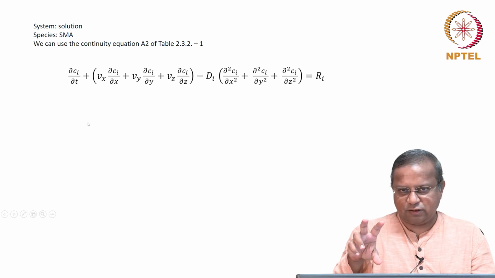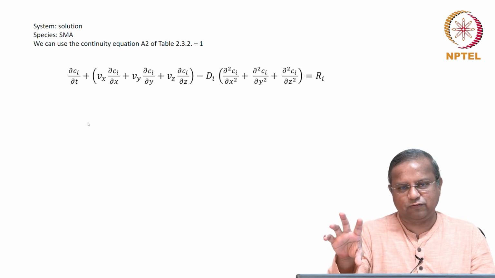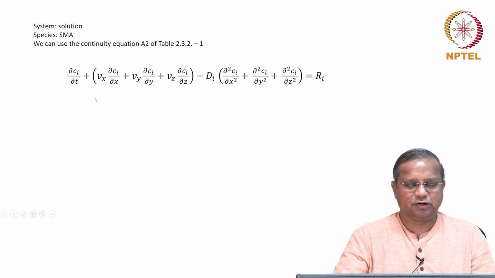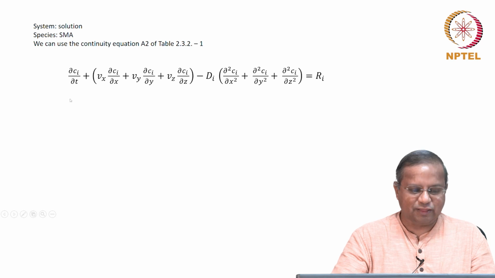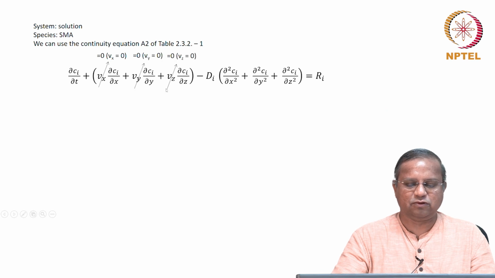So, here again we said there is no motion of the liquid after the surface is placed at the bottom. Therefore, certainly there are no Vx, Vy, Vz, which are the components of the convective motion or the bulk motion of the liquid. The time derivative cannot be put to 0 because there is variation of concentration with time in the system, and that complicates things a lot, as you will see.